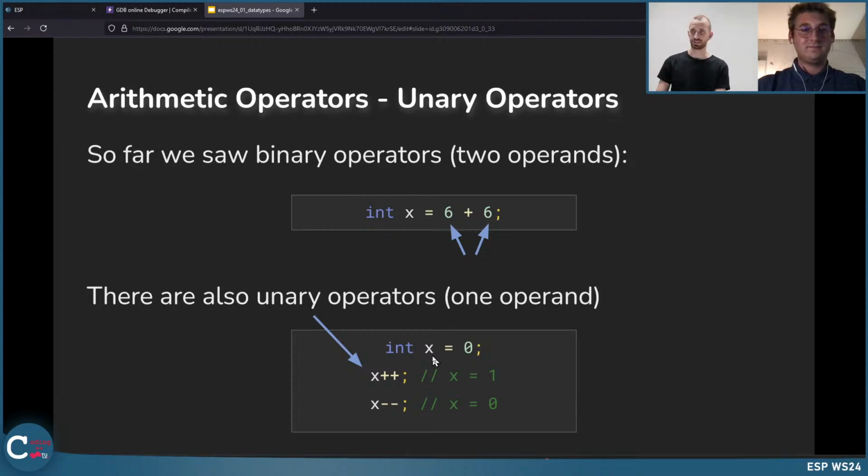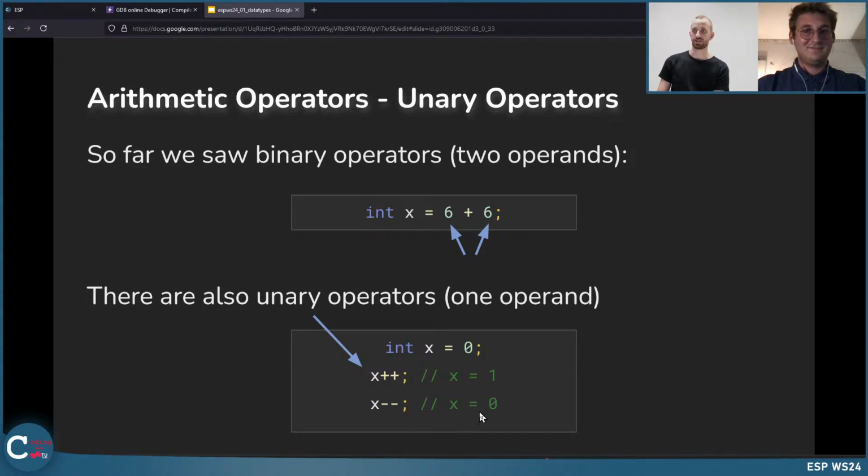Here I define variable x equal to 0, and then I can write x plus plus. So I only have one variable, not a left and a right side, and this increments my variable. I can also write minus minus, which decrements my variable.